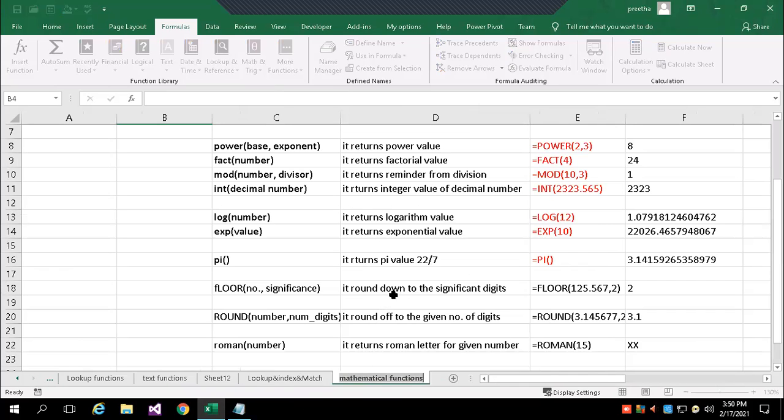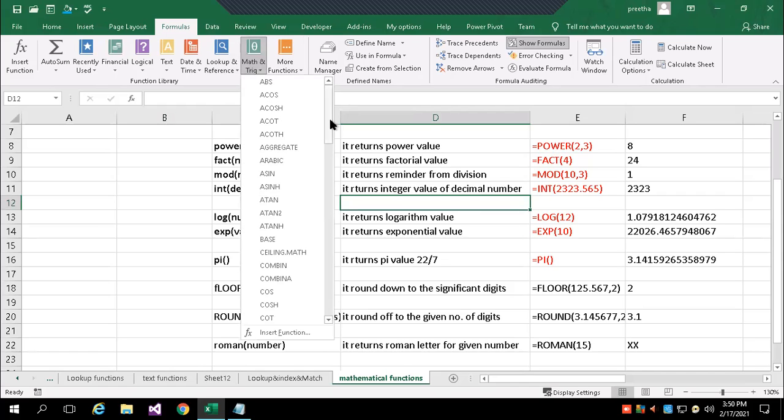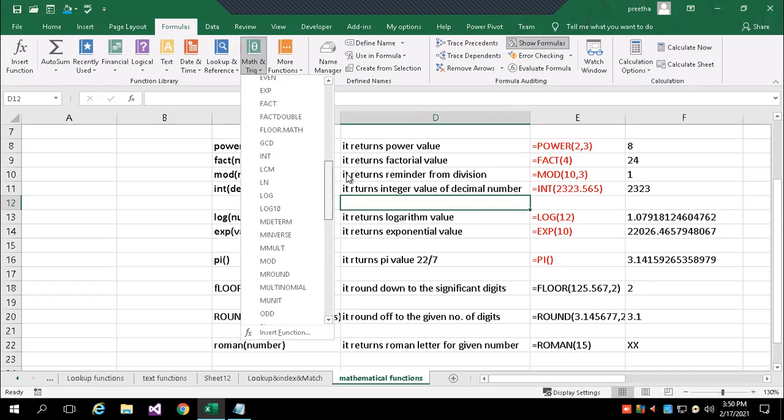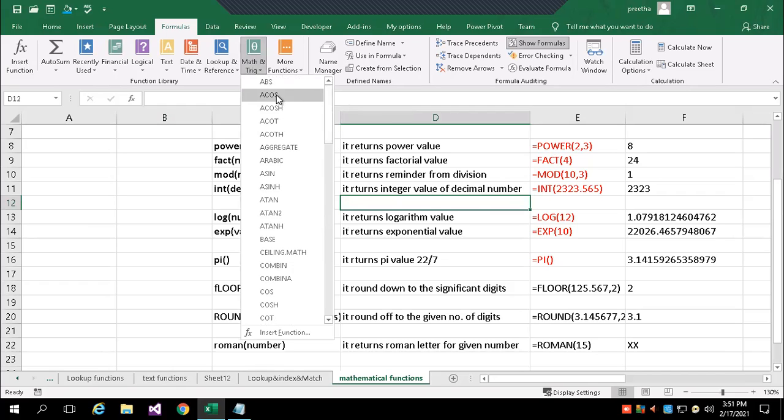And again, the basic mathematical functions, like finding power. For example, in mathematical functions you have ABS, POWER, COS, and the trigonometry functions are included: SIN, COS, TAN, LCM, LOG. In the same way, ACOS, ATAN, similarly. So the mathematical functions include trigonometry functions also.